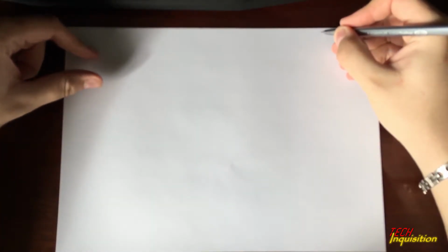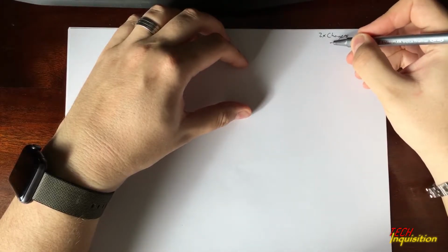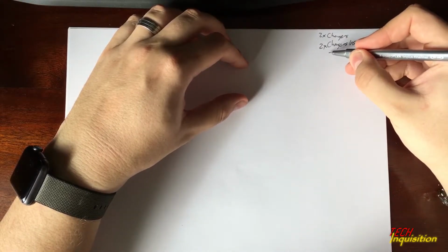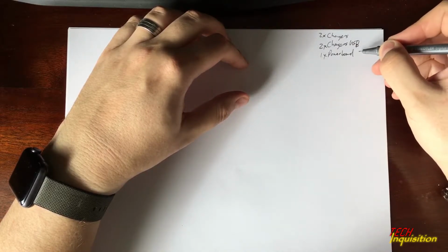So first we start off with making a list of what we want to include in our build. First thing for us, we need places to put our chargers. So 2 of those. We need another thing where we need to have chargers, USB for other devices, 2 of those. We'll most likely need some other power board to feed all of this, maybe 1. We'll figure out how many sockets it needs afterwards,